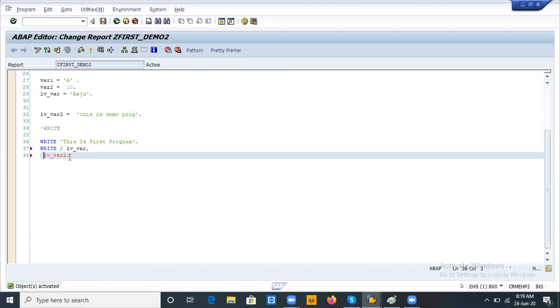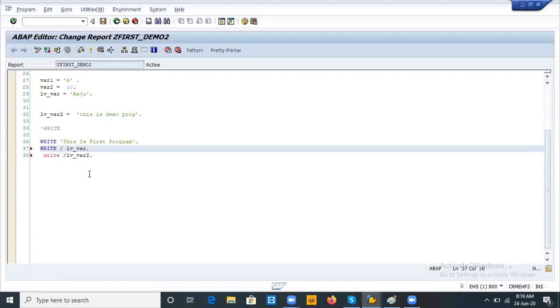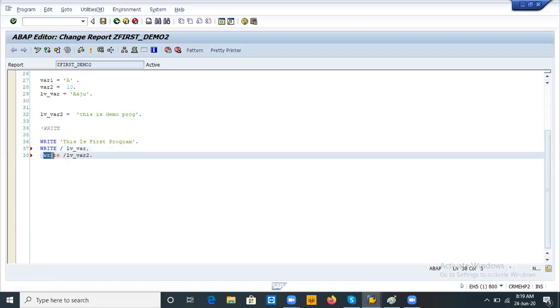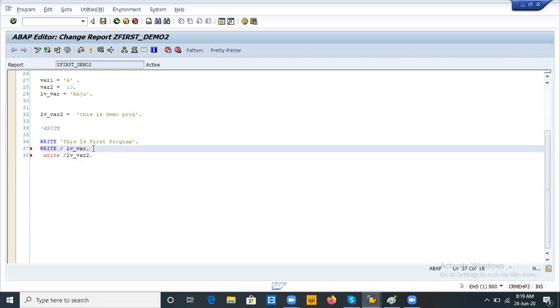I missed the full stop on the statement. Red means there is an error in the line before. Then you have to check here. See, here I made a mistake with the comma. I just need to provide a full stop.